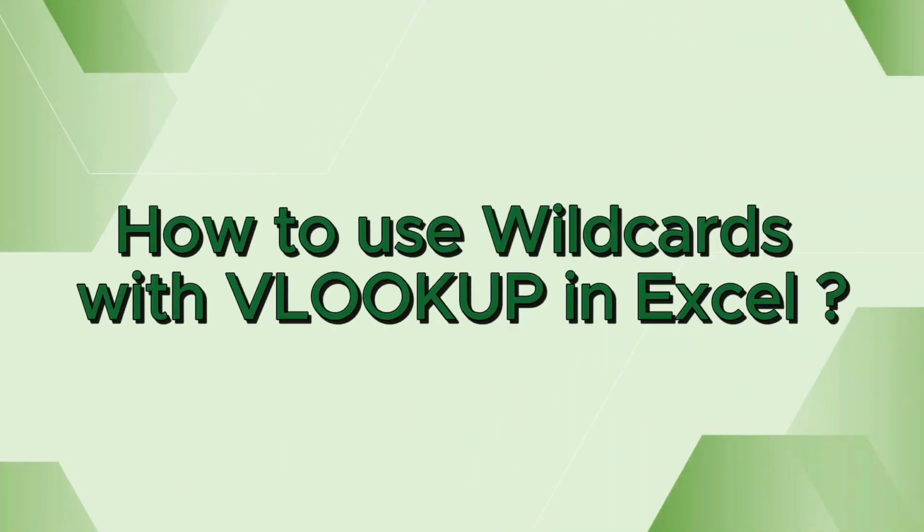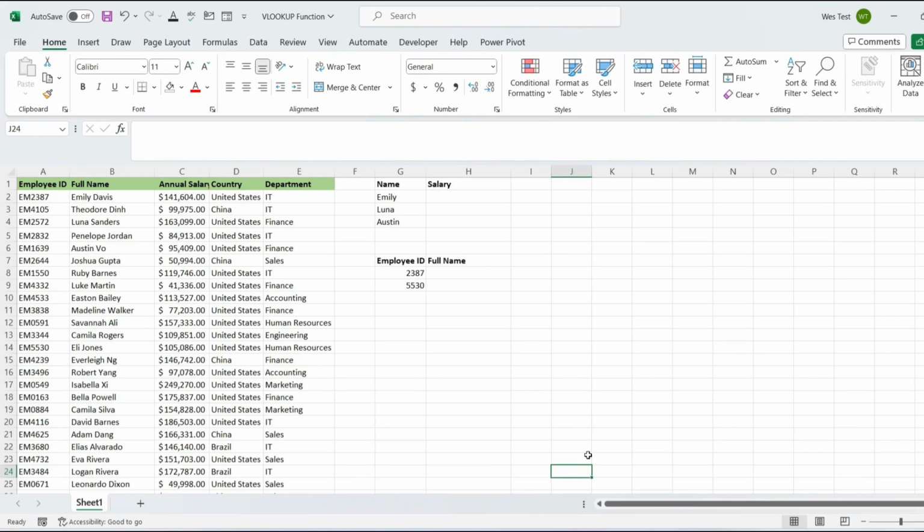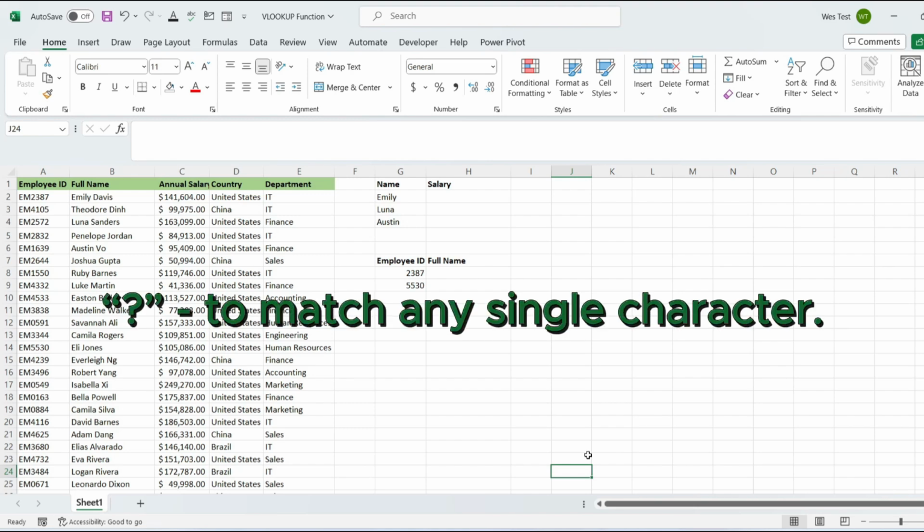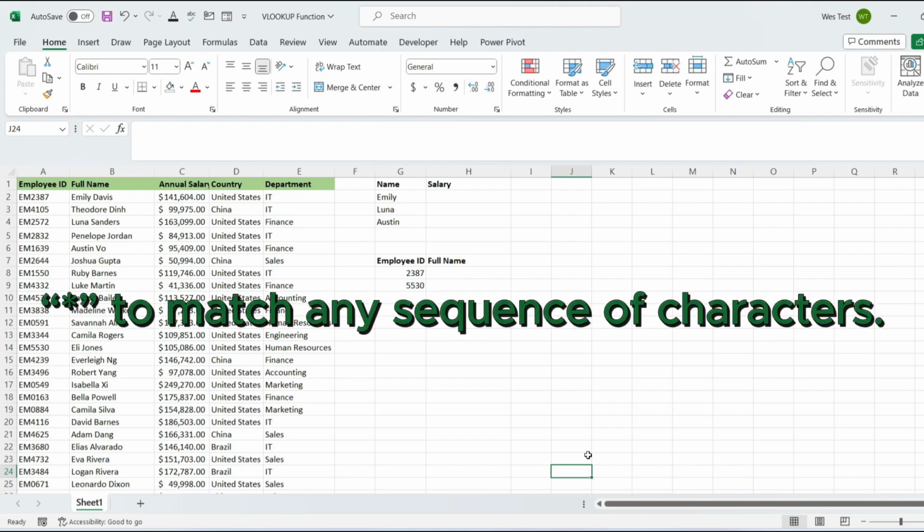How to use wildcards with VLOOKUP in Excel. The VLOOKUP function in Excel retrieves data only when the lookup value precisely matches a value in the table array. Any deviation from this exact match results in an NA error. Wildcard characters are used to do partial matches. The VLOOKUP function accepts the following wildcard characters: question mark to match any single character, asterisk to match any sequence